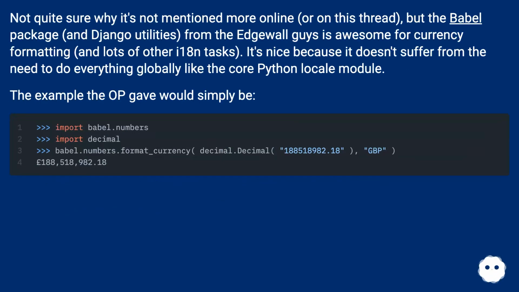Not quite sure why it's not mentioned more online, or on this thread, but the Babel package, and Django utilities, from the Edgewall guys is awesome for currency formatting, and lots of other i18n tasks. It's nice because it doesn't suffer from the need to do everything globally like the core Python locale module. The example the op gave would simply be,